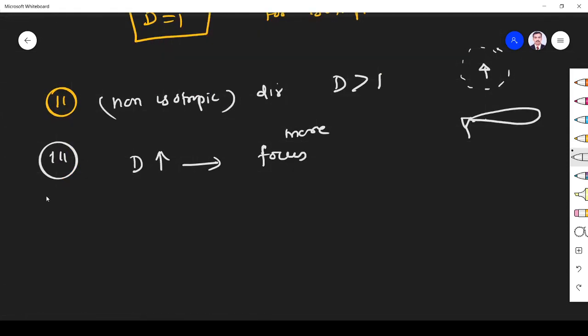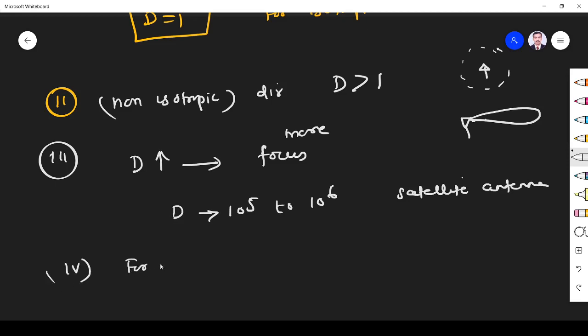For a satellite antenna, directivity ranges from 10 power 5 to 10 power 6. I told you directivity has no unit, so its range is 10 power 5 to 10 power 6, that is 1 lakh to 10 lakhs, for a satellite antenna. That much focus the antenna should have. These are all for directivity of antennas.